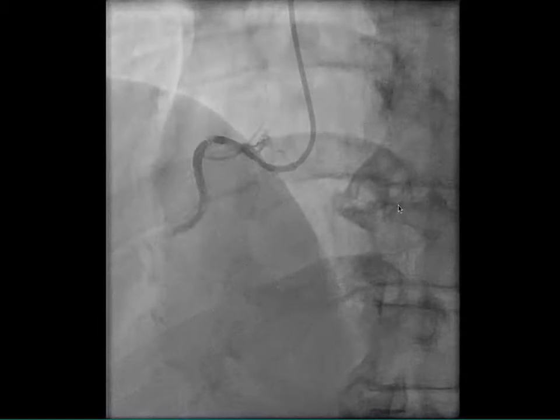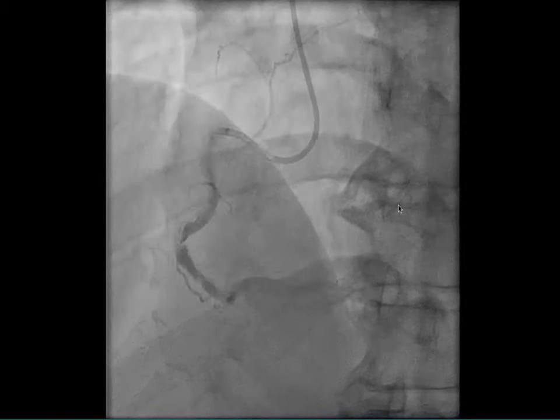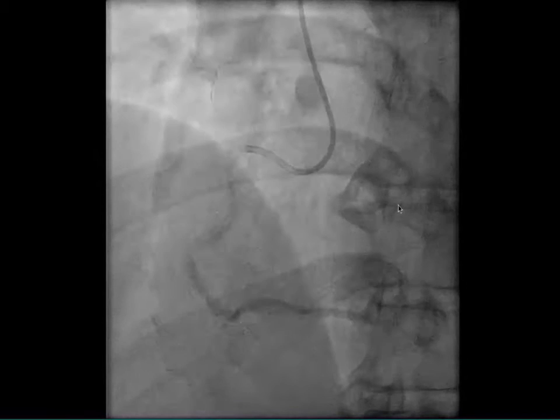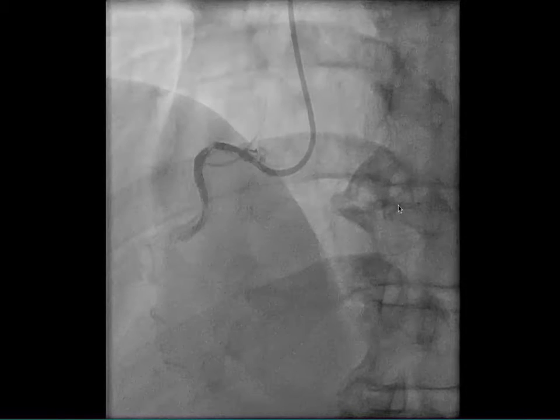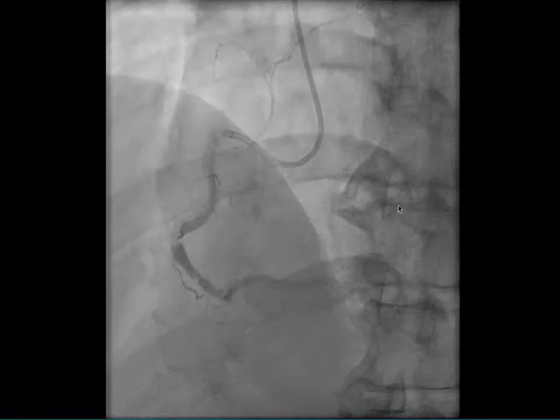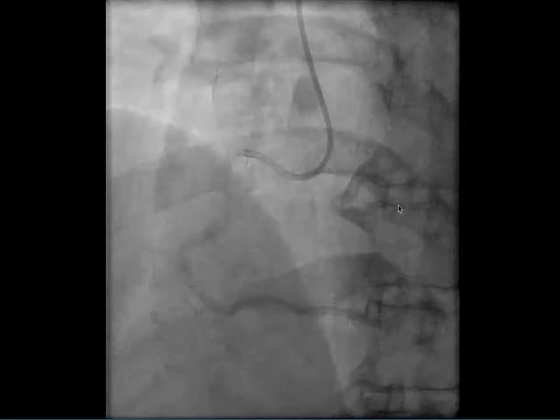Let me show you this mother-daughter, granddaughter strategy of what we're talking about with this. I'm going to show you that in a case that is not a CTO, and then I'll show it to you in a case that is. This is a case that we did just a couple weeks back that has a very heavily calcified, tortuous,